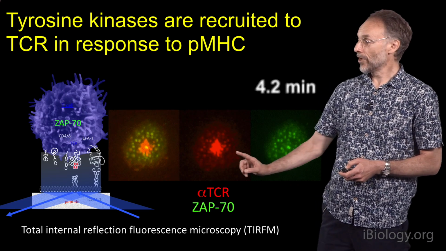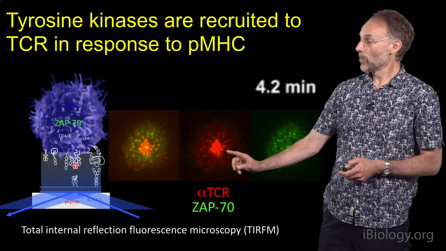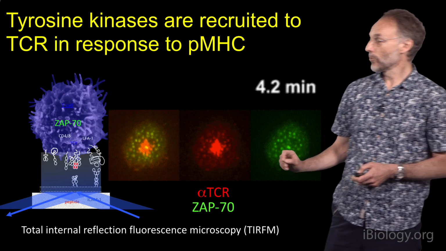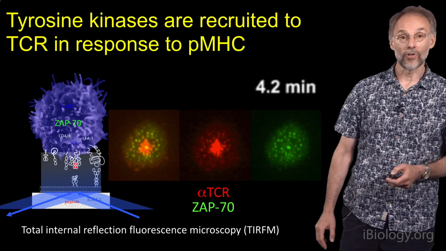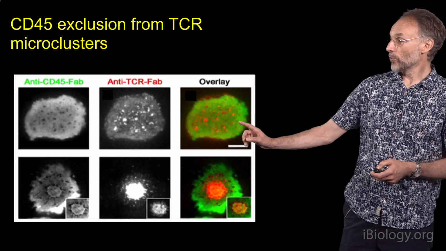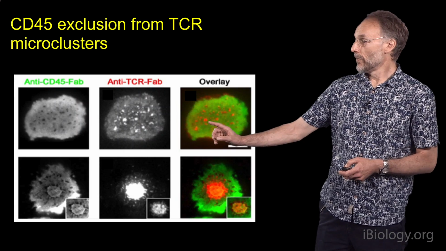So you have this large central cluster, which is actually not active in signaling, but these small peripheral clusters are the places where most of the ZAP70 is being recruited, and most of your other evidence that this tyrosine kinase cascade is localized. We can also see that these microclusters, based on this work from Rajat Verma, which was done in my lab, where if you look at